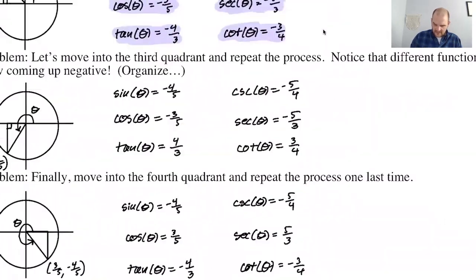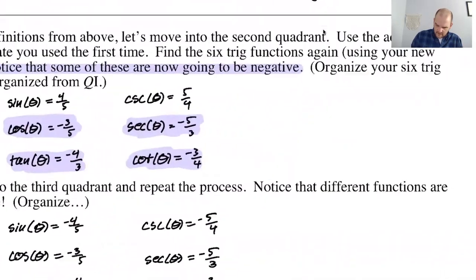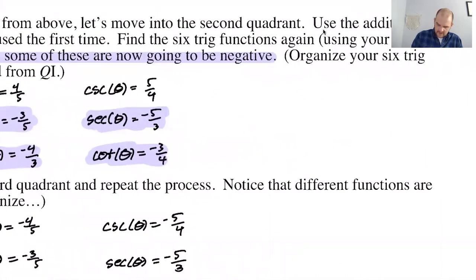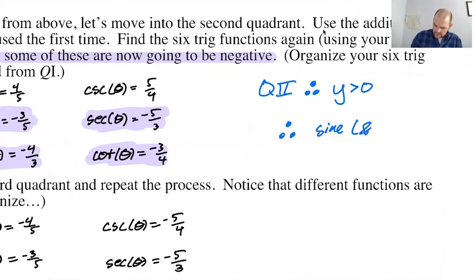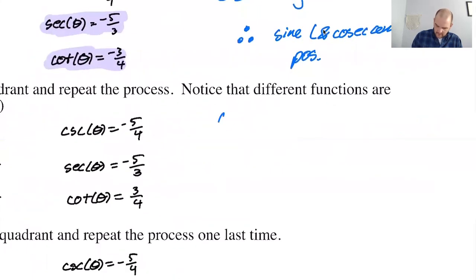Let's go back here and say quadrant 2. Let me use a different color. So quadrant 2, therefore y is greater than 0. Therefore, sine and cosecant are positive. And then here we were in quadrant 3,